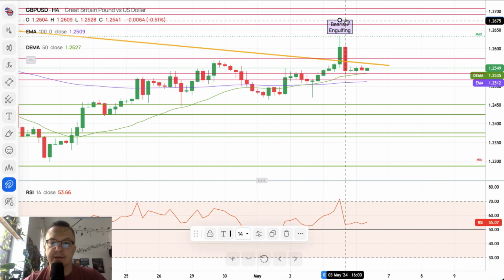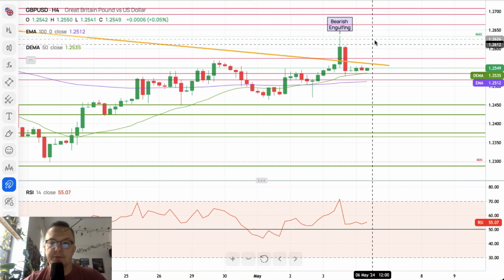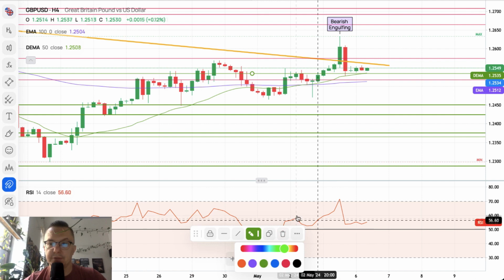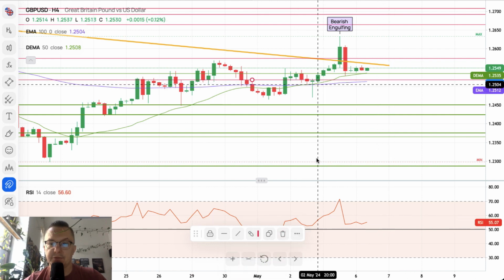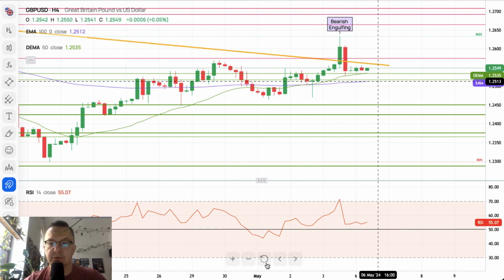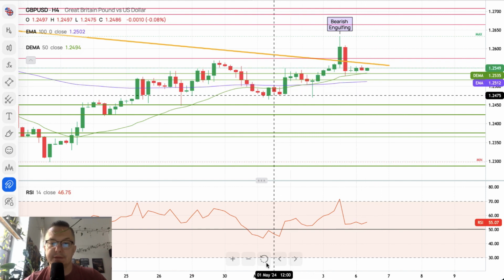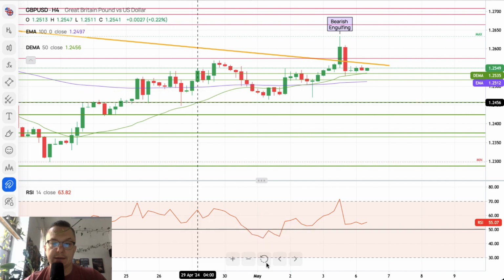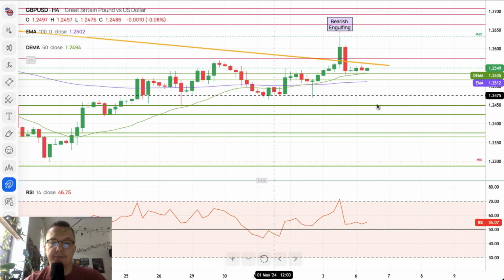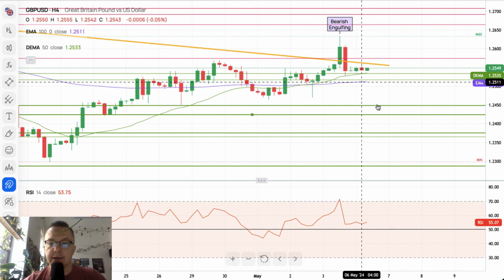So this is the situation on the British pound. That will act as the technical resistance. This level will act as the technical support, 1.2535, 1.2518 technical support as well. So pretty decent support here, but if we break below this technical support, then the next one is located 1.2448, very narrow zone here towards